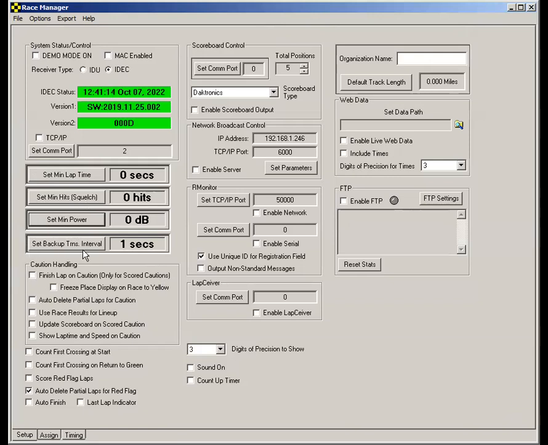We won't go over the set backup transponder interval. Almost nobody uses it. If you want to find out more about it, please read our manual, which comes installed with Race Manager. So the first one, the set min lap time,